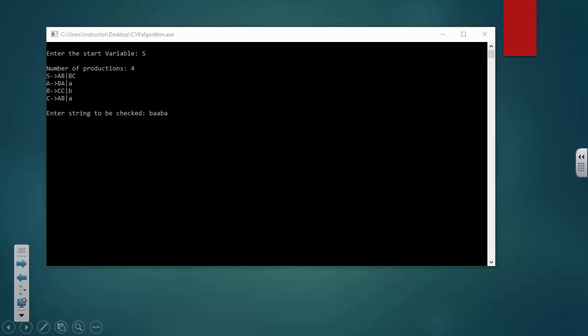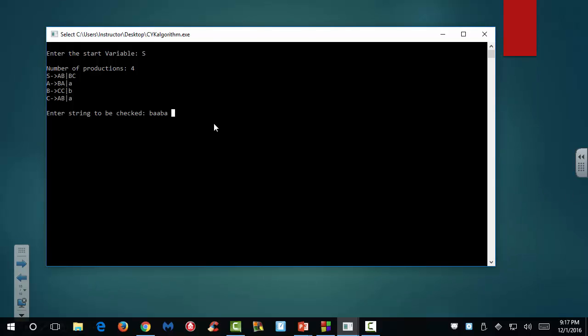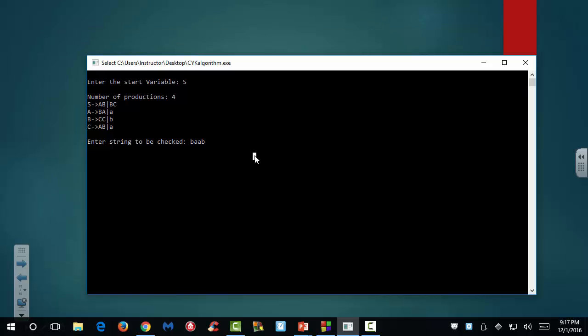Now we have a demonstration. Here we're going to see that when we hit enter, it's going to tell us that the string can be generated, and it's going to give us the triangular graph. With this user entered string, the string cannot be generated,